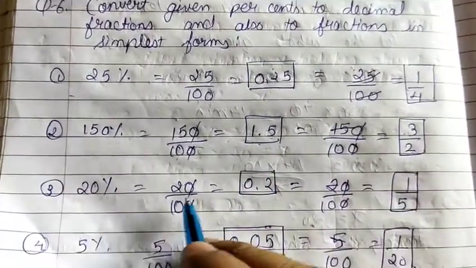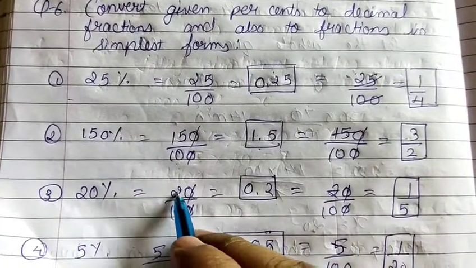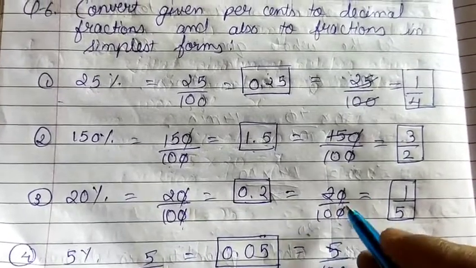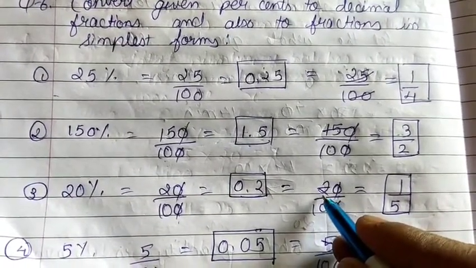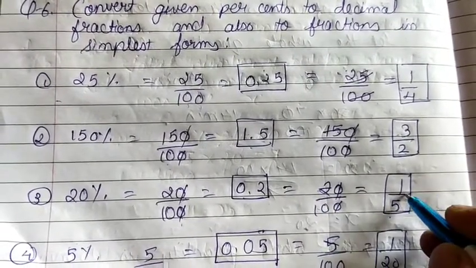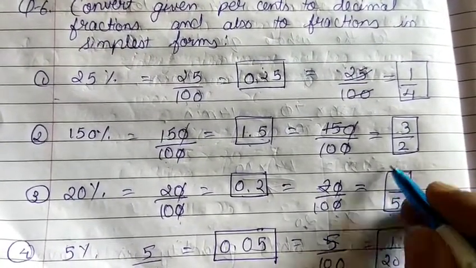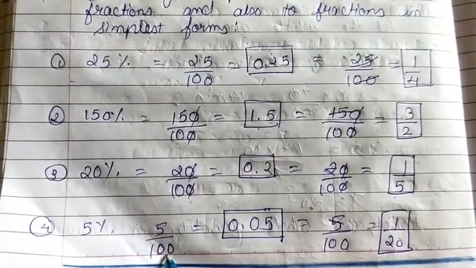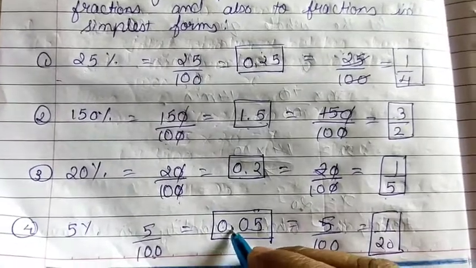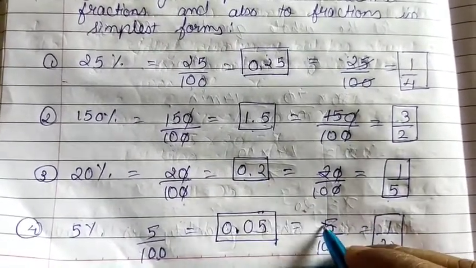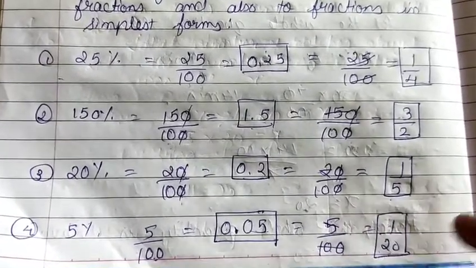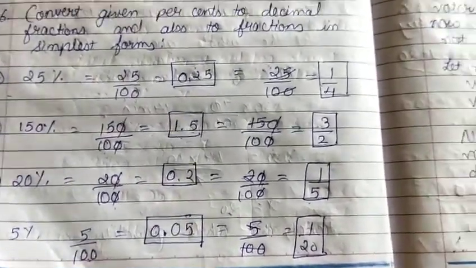Now the next one is 20%. 20% means 20 by 100, that is 0 0 cut, 2 by 10 means 0.2, and again you write down 20 by 100. Now here try to reduce it into simplest form, 2 1s are 2 and 2 5s are 10. Don't do cancellation further, just keep it in simplest form. Then 5%: 5% means 5 by 100, that is 5 upon 100 means 0.05. Then again write down 5 by 100 and reduce it into simplest form, 5 1s are 5 and 5 20s are 100, that is 1 by 20. Now the next one.